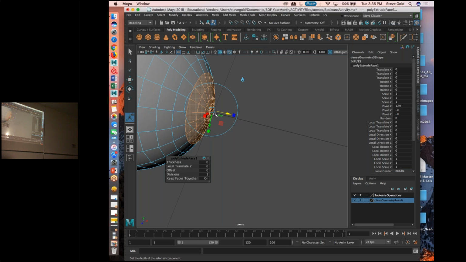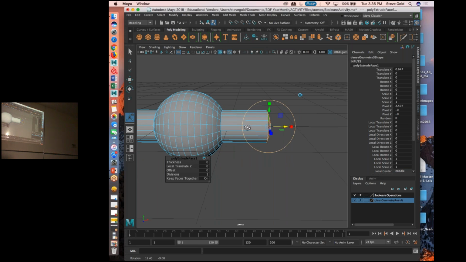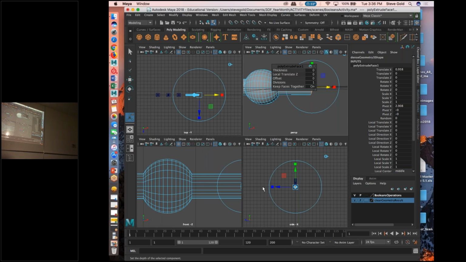But the thing is, the extrude tool works based on the normals on the surface of the geometry. Since that surface is curved, it's sort of trying to accommodate for that. So when you do that extrusion, it's going to flare out like that. But if you click on this icon, which I actually have shown you guys before, this is the indicator that switches between object space and world space. You can click on this icon here and then do the extrusion, and now it's working on true world axes and not necessarily utilizing the normals. So now I can pull this straight out like this and get exactly a cylindrical shape out of this object,